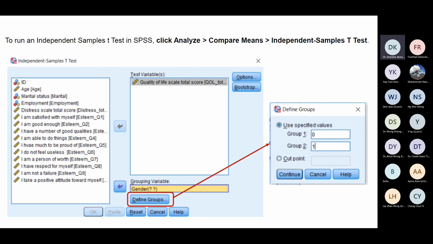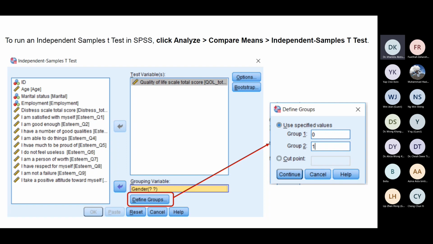To run an independent sample t-test in SPSS, you just need to click Analyze, go to Compare Means, and select Independent Samples t-test. If you already have the data, this is the screen that will appear on your SPSS software.